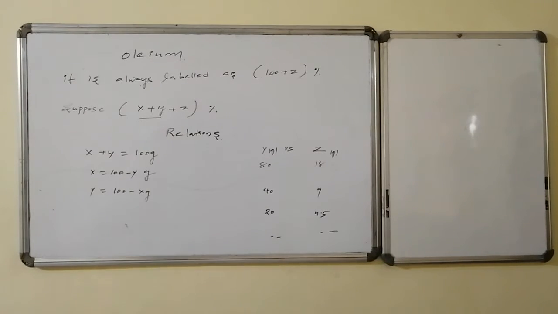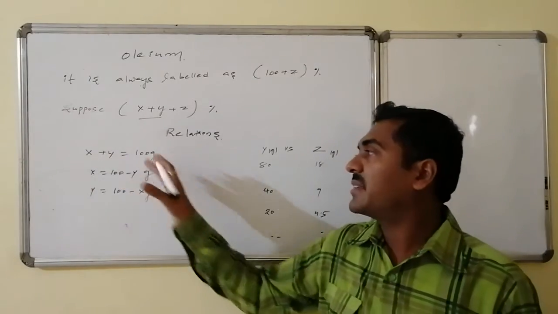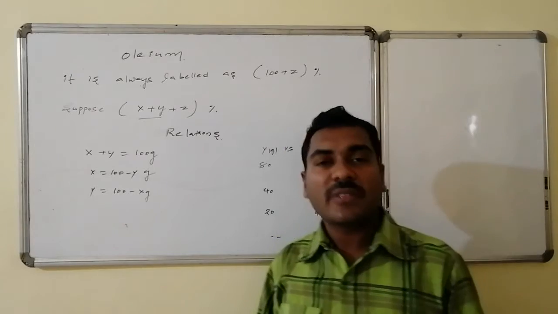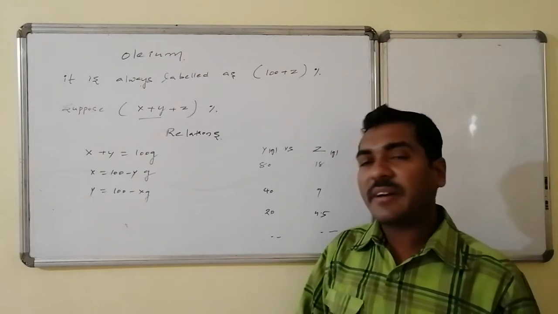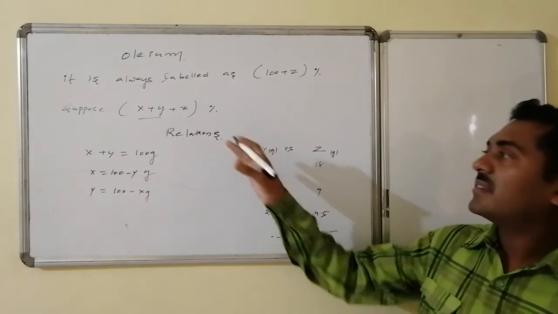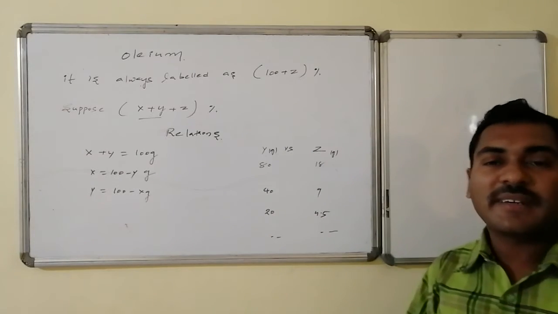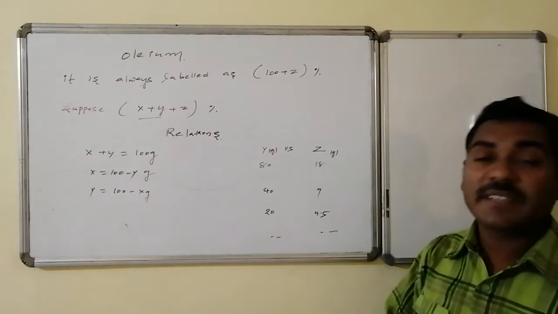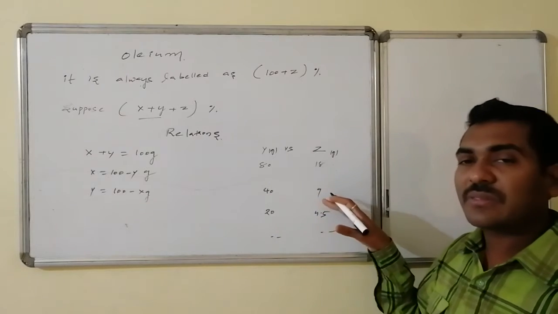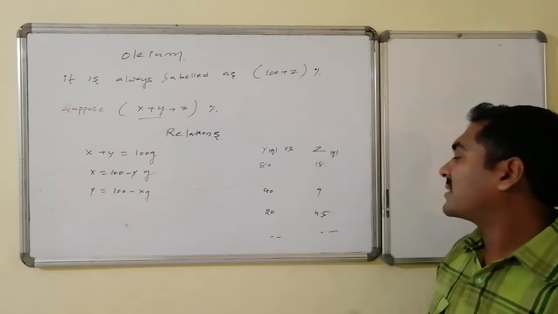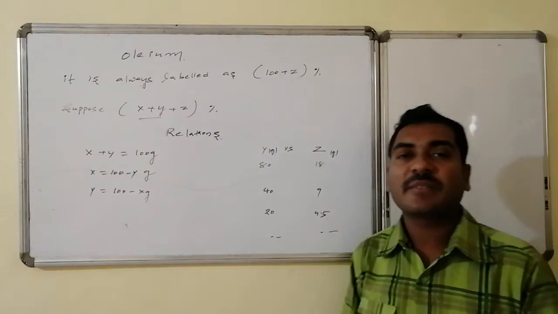Relation between the quantities, as I said in the beginning: sulfuric acid and sulfur trioxide together are equal to 100, that is x plus y is equal to 100. x is the amount of sulfuric acid, y is the amount of free sulfur trioxide. x is equal to 100 minus y, y is equal to 100 minus x. And the relation of y, the amount of free sulfur trioxide, with the plus Z on the label, is the amount of water with which it can react, that is Z. So if it is 80 grams, this is 18 grams. If it is 40 grams, this is 9. If it is 20 grams, this is 4.5. If this is y, from this x can be calculated. Thus x, y, z relations are present.